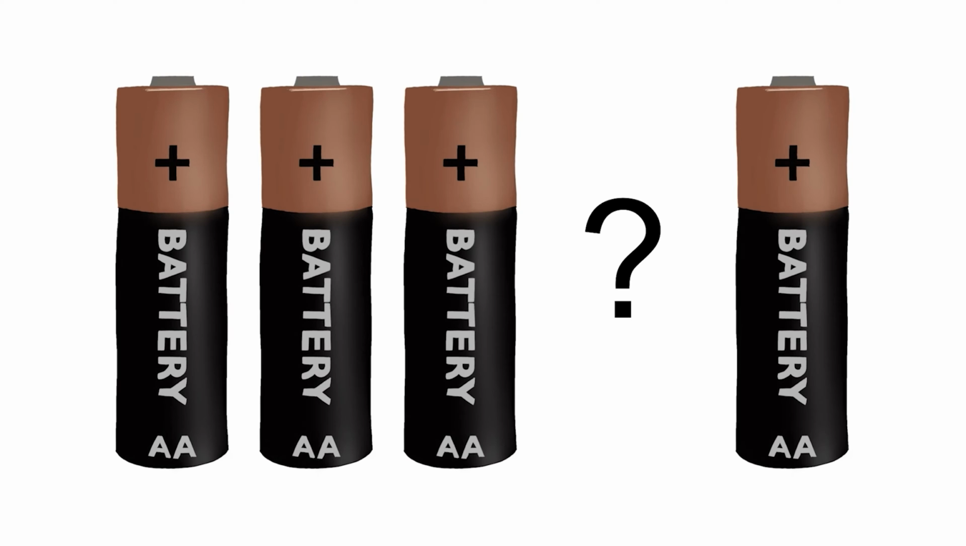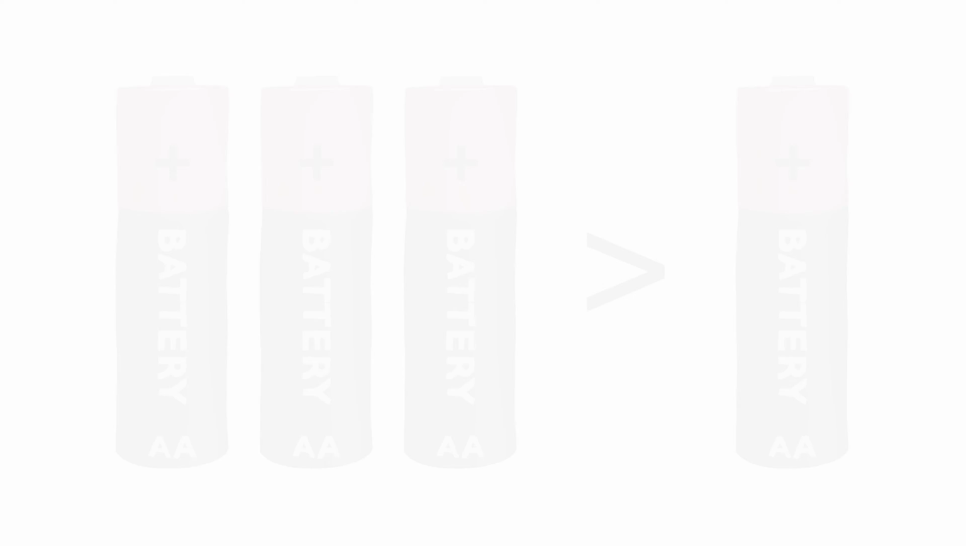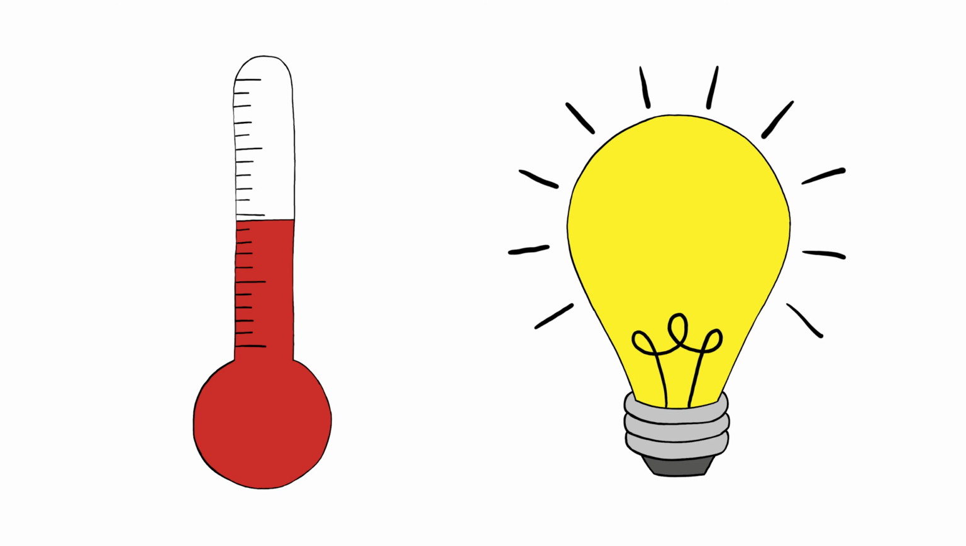Which do you think provides more voltage? 3 AA batteries connected in series or a single AA battery? If you guess the 3 AA batteries, then you're correct. This is because the chemical energy in a battery gets converted to electrical energy in a circuit, and there's more chemical energy available in a circuit with 3 AA batteries in series than in a circuit with only a single AA battery. In a circuit, electrical energy can then be converted to thermal or light energy in forms of resistance